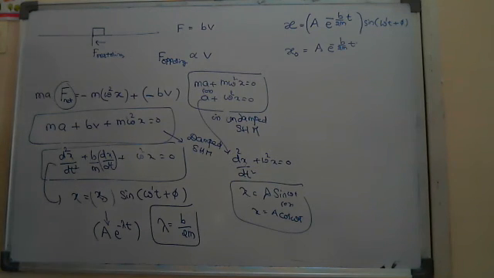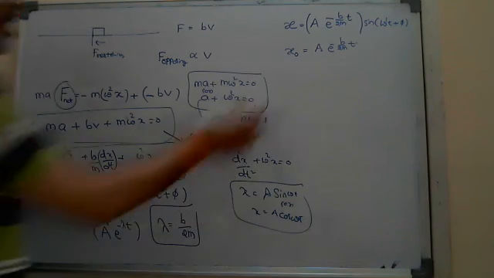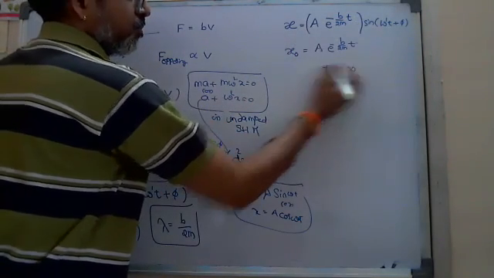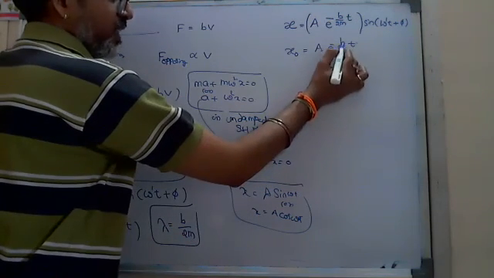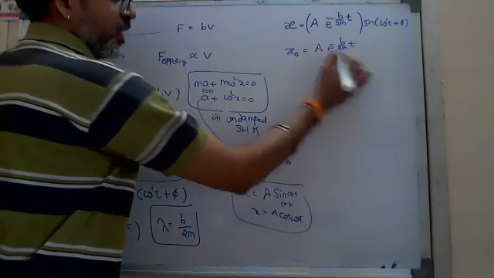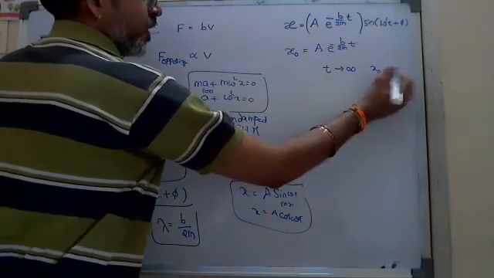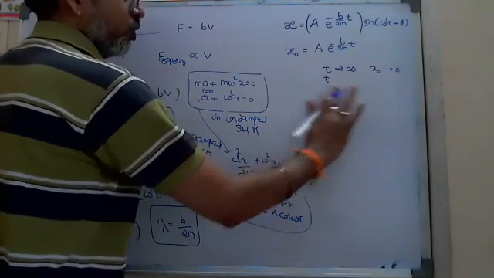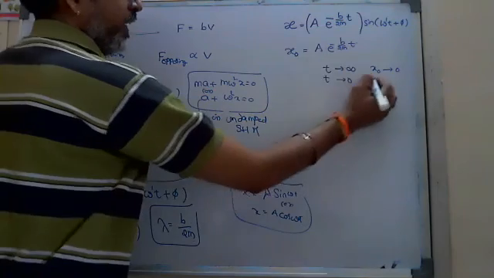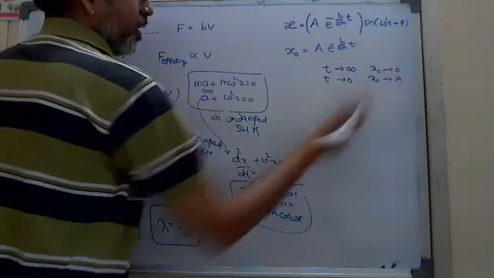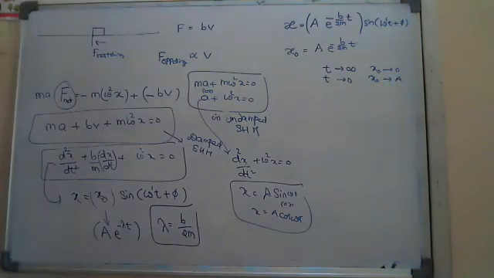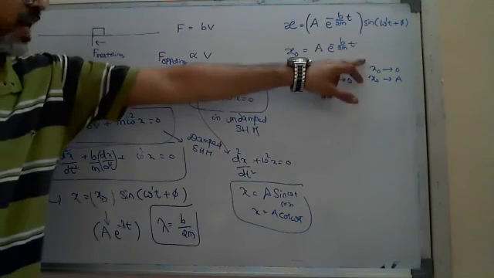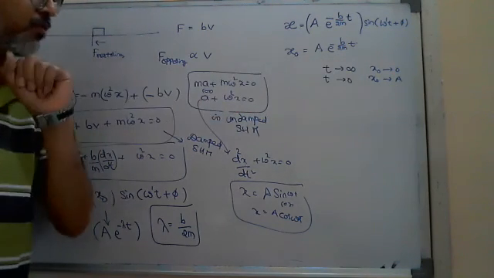So related to that amplitude, they may ask a few questions, Nana. And that, to look at this damping. Finally, when t tends to infinity, e power minus infinity is 0, Nana. X naught tends to 0. And when t is equal to 0, x naught is A. Means here amplitude, it is clearly saying, means my derivation is correct. It is clearly saying that the amplitude gradually decreases when t tends to infinity.